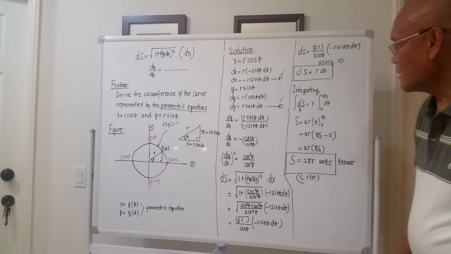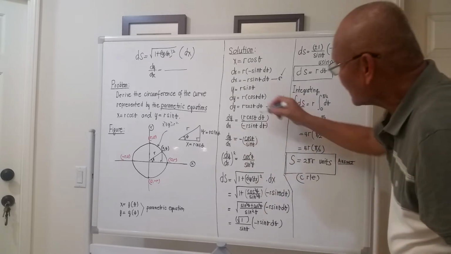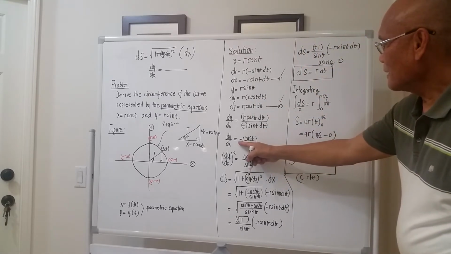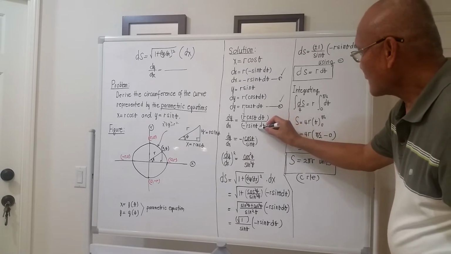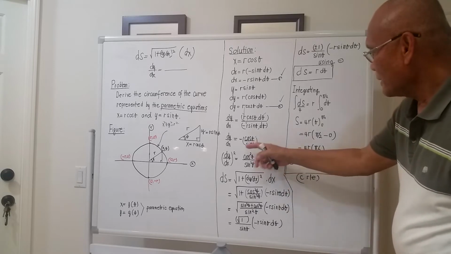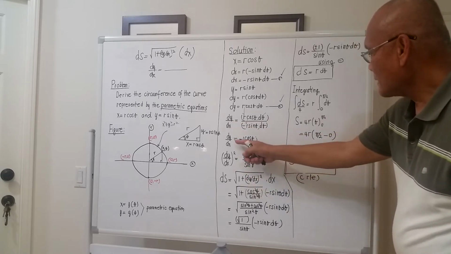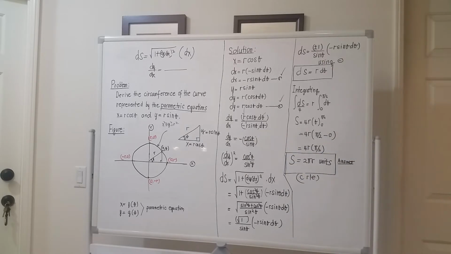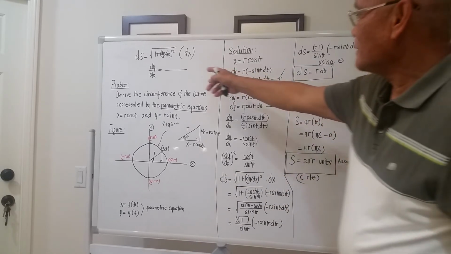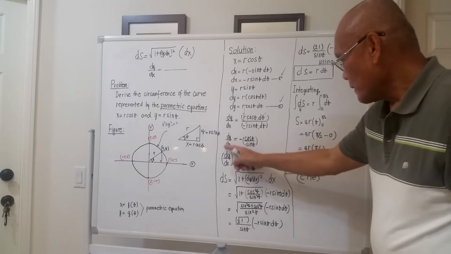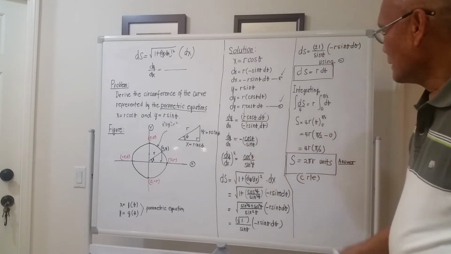Therefore, dy over dx now will be equal to, this r cancels. Okay, we got the negative sign over here. And differential theta also cancels. Right? So what remains on the right hand side, dy over dx now will be negative, open quantity, cosine of theta over sine of theta. Okay? But what we need in the differential length of arc is actually the square of dy over dx. So dy over dx quantity square equal to,